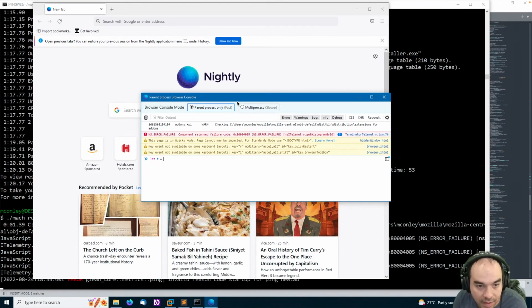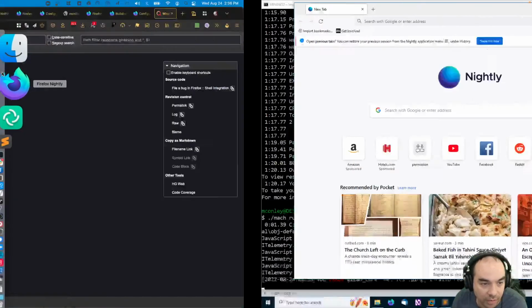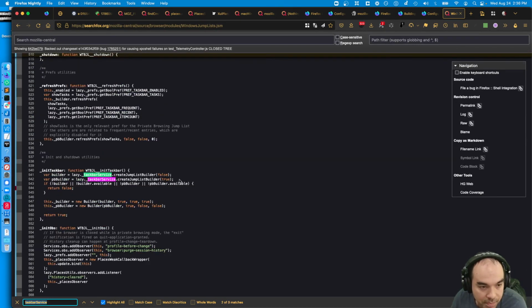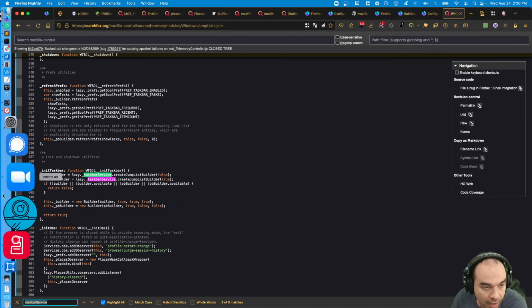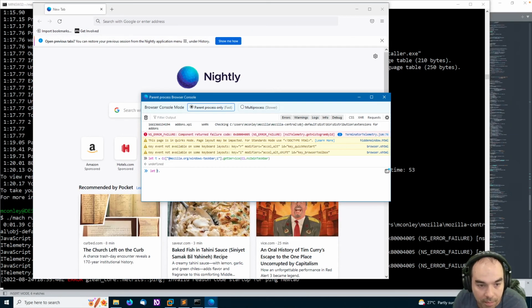Let t equals that thing. Get service and assign win taskbar. T dot create jump list builder. False. So let's create a jump list builder. Let b equals t, create jump list builder.